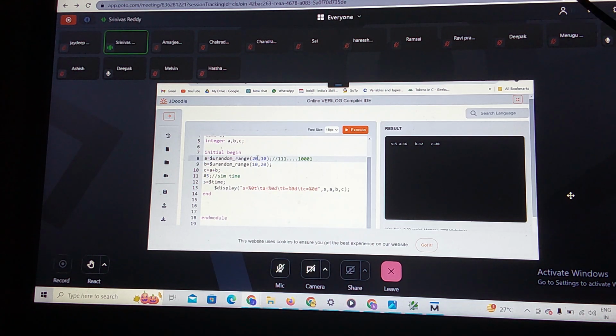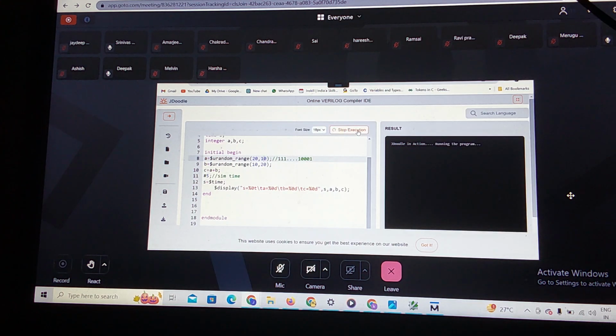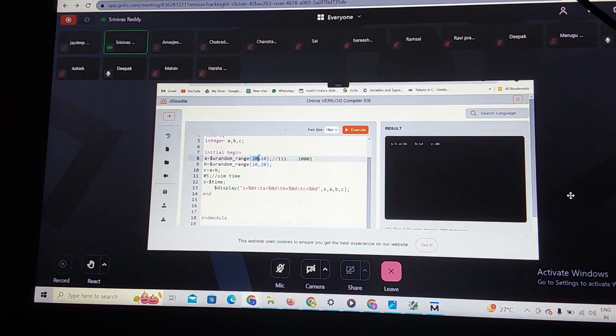If I'm giving 20, 10, is it the same? Now 20 is the maximum value, right? 10 is the minimum value. It is going to generate a value in the range between 20 and 10. Did you understand? Let me clarify later why $urandom, because $urandom is an unsigned number,